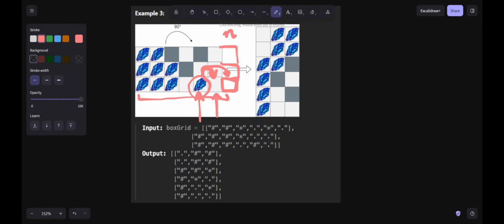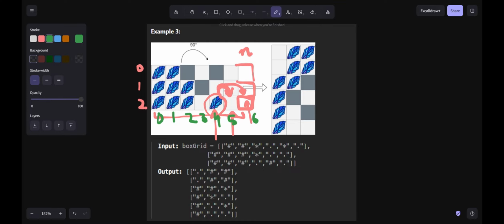How do we know that? Because the last obstacle was here, right? So just before the last obstacle. The last obstacle's column was actually 6, right? And when I encountered a stone, the new position of this stone would be the same row, that is 2, but a column one less than the obstacle's column, right? So it will become 2 comma 5, right? We can see here. This particular stone is going to come here at 2 comma 5.